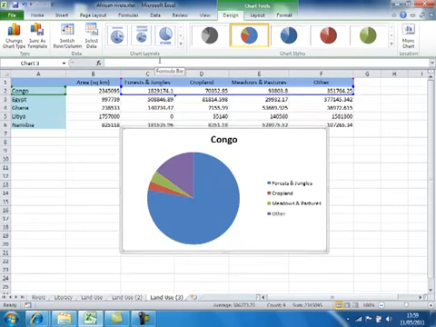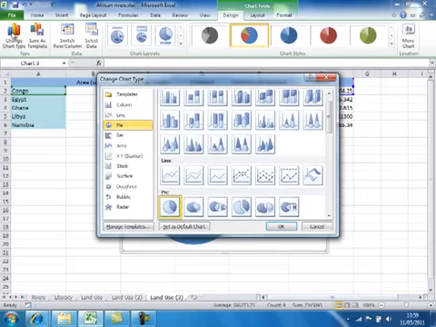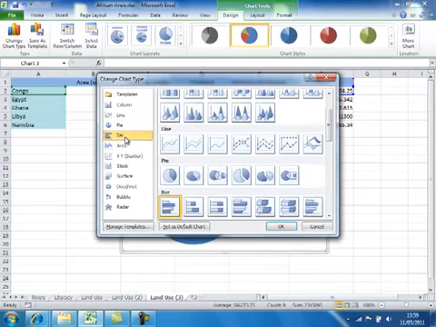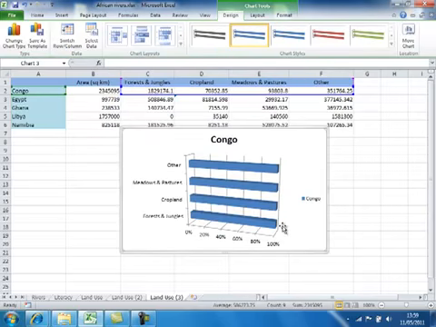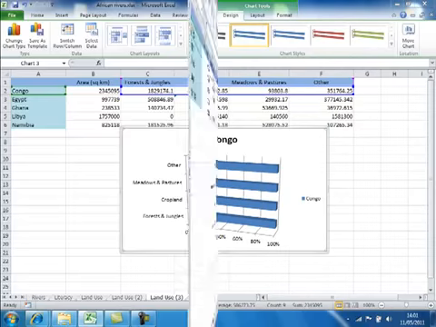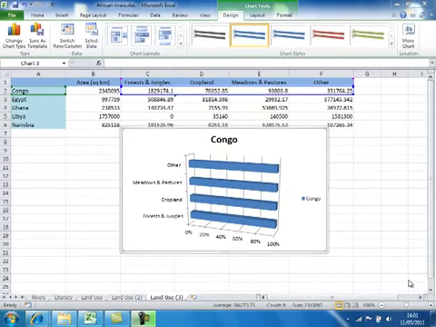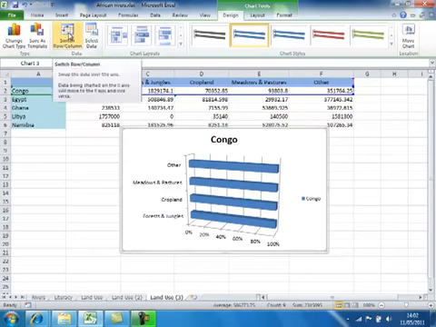Now, one of the alternatives that we looked at before for showing this sort of information was the stacked chart. So let's go back now, change the chart type, go to bar and choose 100% stacked bar in 3D. Click on OK. Now, in order to get the correct effect here, we need to switch rows and columns, and on doing that